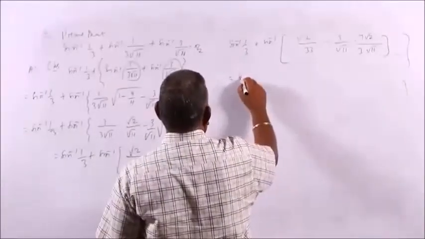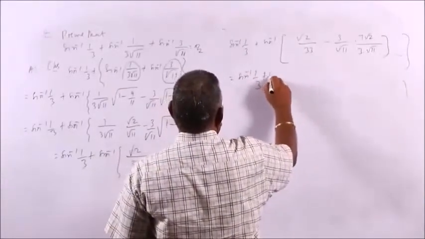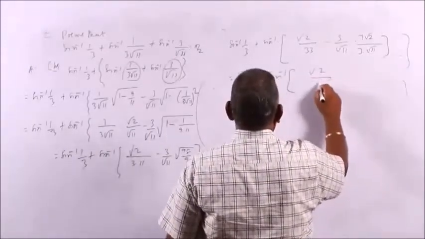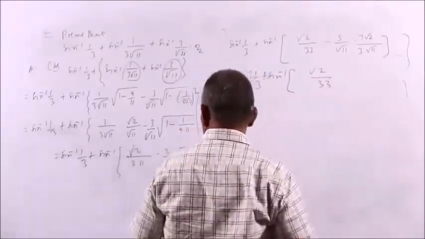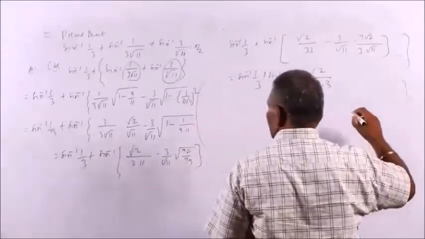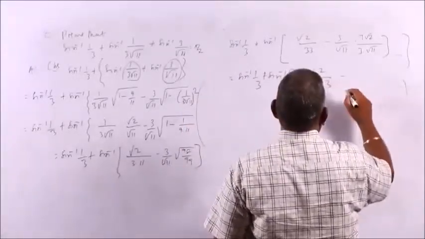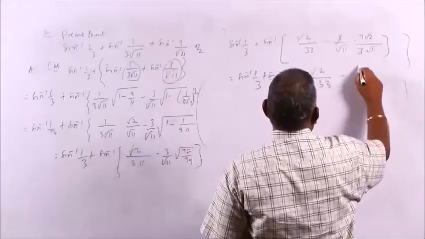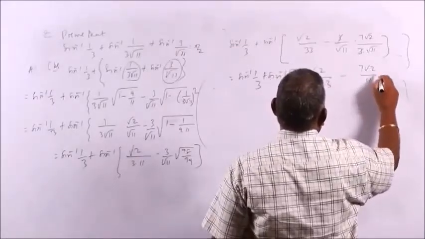That is sin inverse 1 by 3 plus sin inverse root 2 by 33 minus, 3 will be cancelled, 7 root 2 by 11,